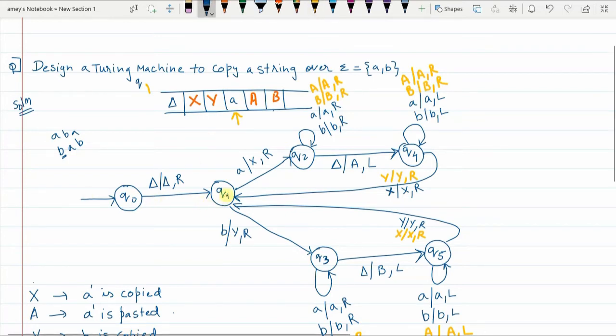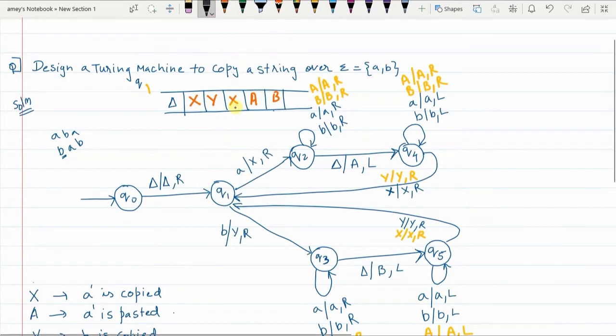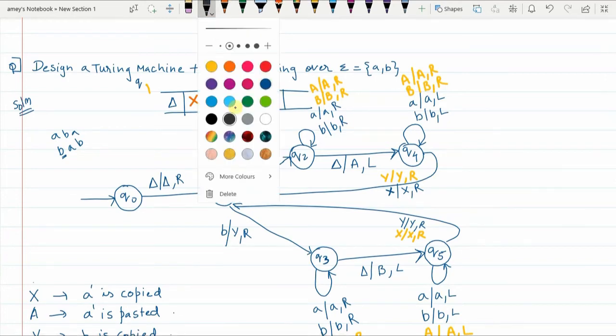Now I have copied A and B, first A and B, so the third iteration will now start. We are in Q1 state. Now in Q1 state, when A is encountered, what happens? You replace that A with X, and the pointer moves one place to the right.